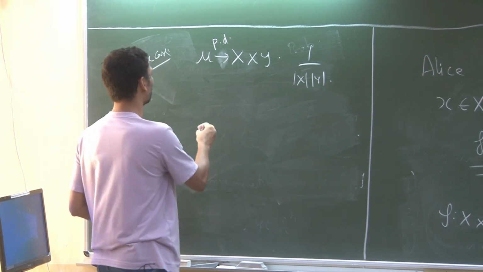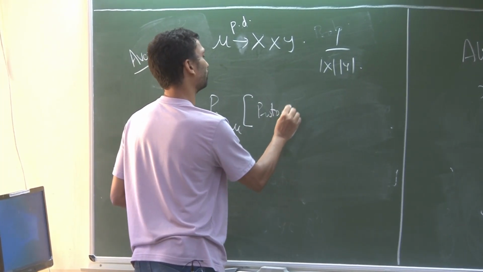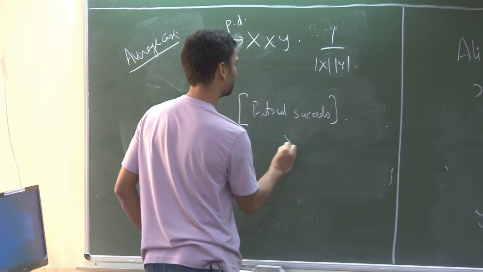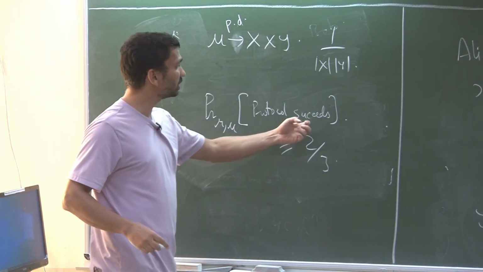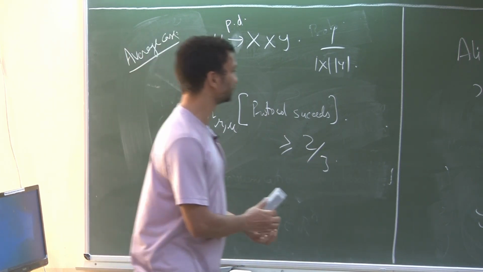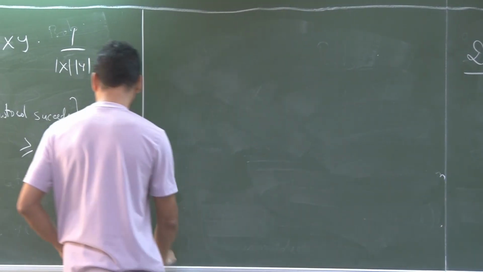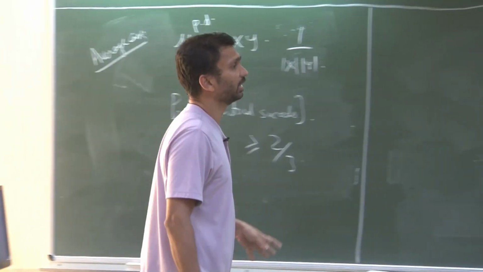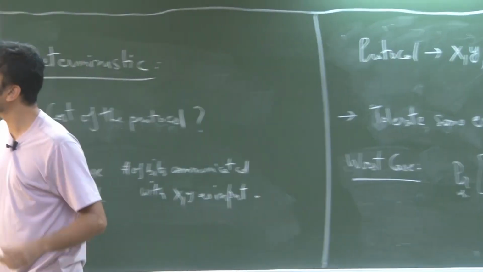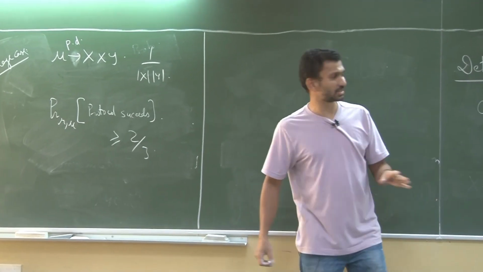So now in this case, what I want is the protocol succeeds. Notice there is no X comma Y here. There is no for all X comma Y. Correct? And yeah, in complexity theory, we mostly care about worst case, but there are people who talk about, oh, we should talk about average case, things like that also. Let's not go into that discussion, but at least see